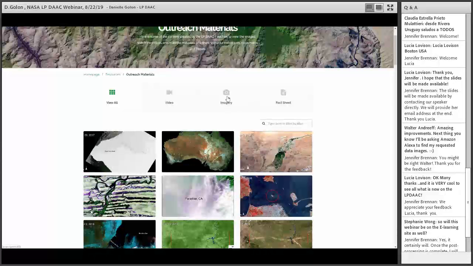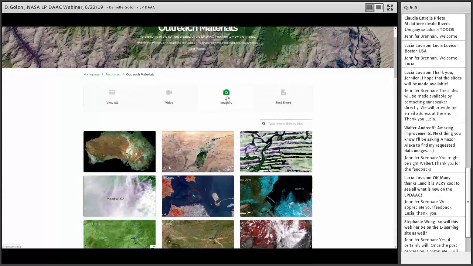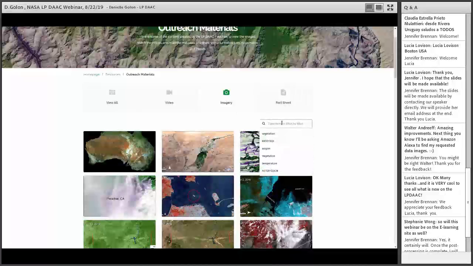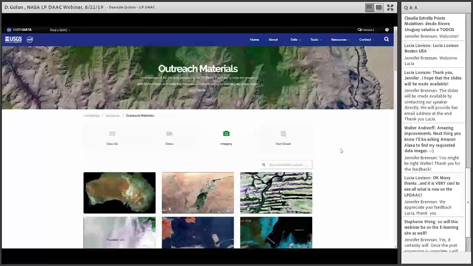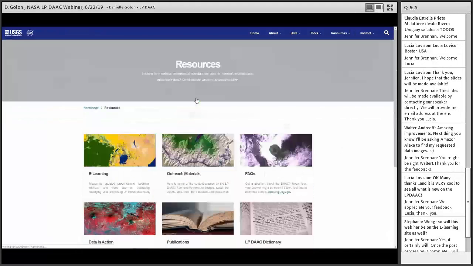And this is also filterable. So I can type in, or I can click on imagery to filter down to just images, and then I can type in fire, and this will pull up just the images we have that relate to fire. And then we have our